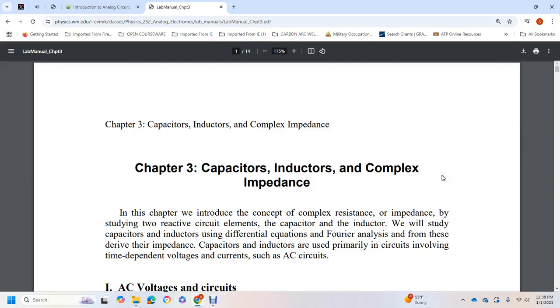Alright, Chapter 3, Capacitors, Inductors, and Complex Impedance. This chapter introduces the concept of complex resistance, or impedance, by solving the two reactive circuit elements, the capacitor and the inductor. We will study the capacitor and the inductor using a differential equation for analysis. From these we derive the impedance of the capacitor and inductor, used primarily for circuits with time-dependent voltage, such as